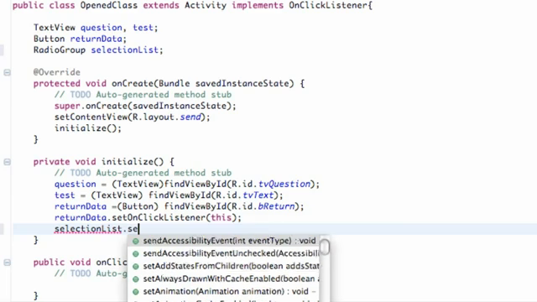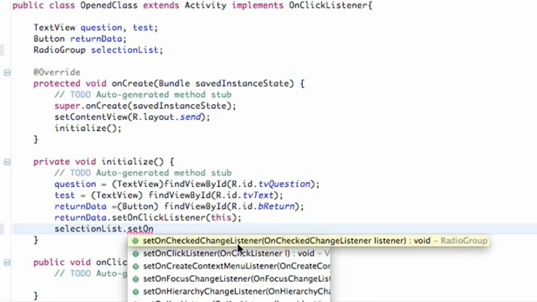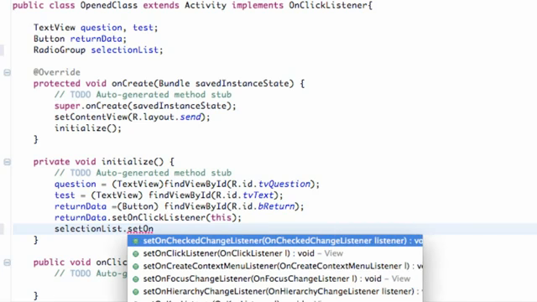We're going to hit dot, and we're going to say set on, and then it gives you pretty much the preference that it's going to look for. Again, we could do OnCheckedListener, but it's better to say OnCheckedChangeListener, because anytime one of those radio buttons within this radio group is clicked, it's going to call this method. As you can see here, within its parameters it takes a variable type or object for the most part,